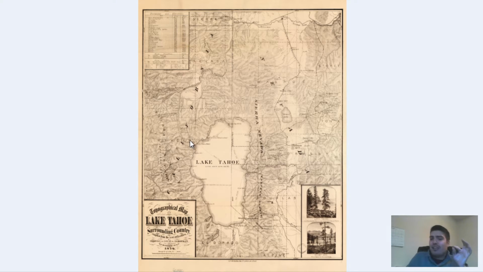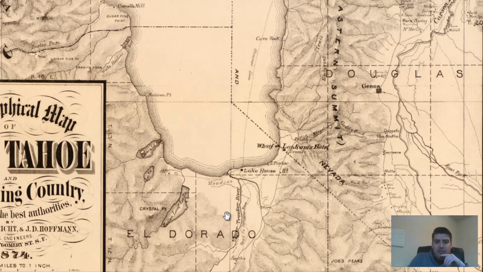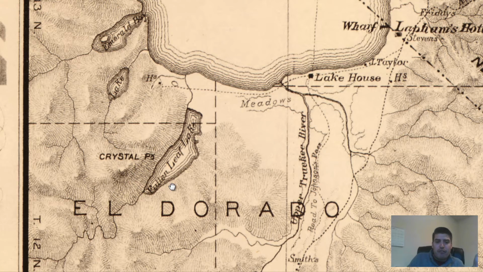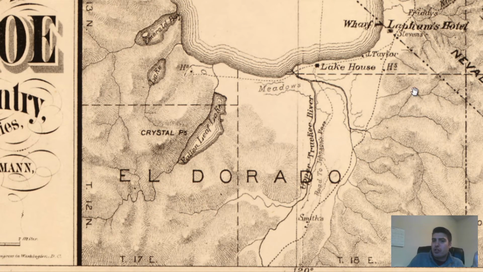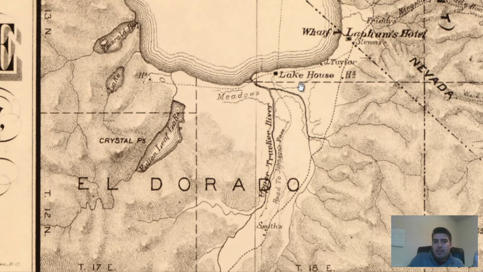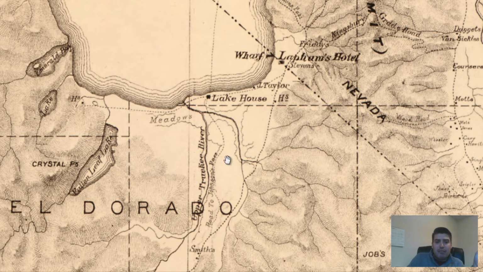Fallen Leaf Lake. He talks about viewing a portion of the lake from peaks down at the southern portion, and I actually found Fallen Leaf Lake right here on the map. So we know he was snowshoeing and delivering mail right around this area to the southern portion right here, probably to Lake House, right here, and a couple of these buildings. Oh, this Lake House, and here's a high school, I believe. So he was definitely delivering